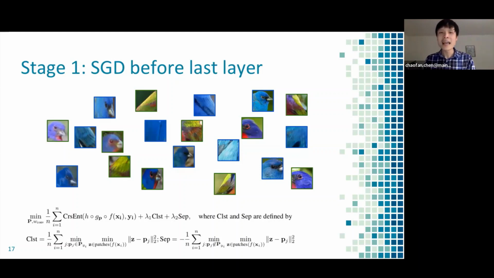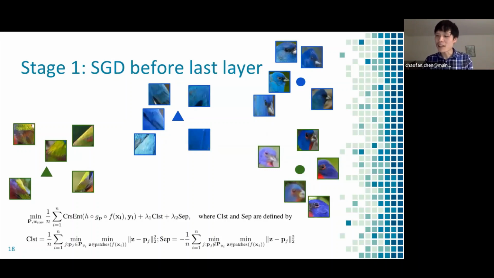Okay. And both of these terms together will shape this latent space, the feature space, into a semantically meaningful clustering structure, which will facilitate the L2 distance-based classification of ProtoPNet. And I'll use the slides here to illustrate this idea. So initially, as you can see, the latent patches, which you can understand as the convolutional patches, but I'm visualizing them using different image patches of birds. So initially, these patches are not clustered.